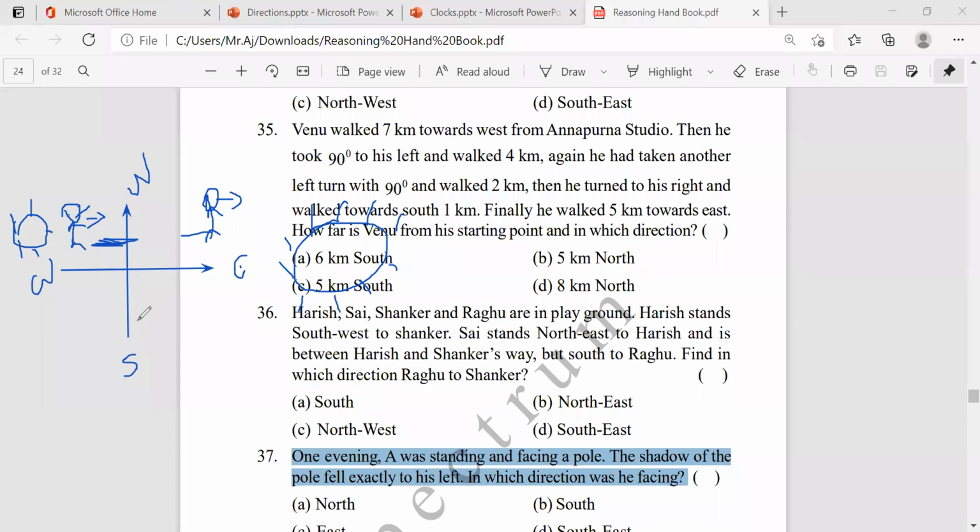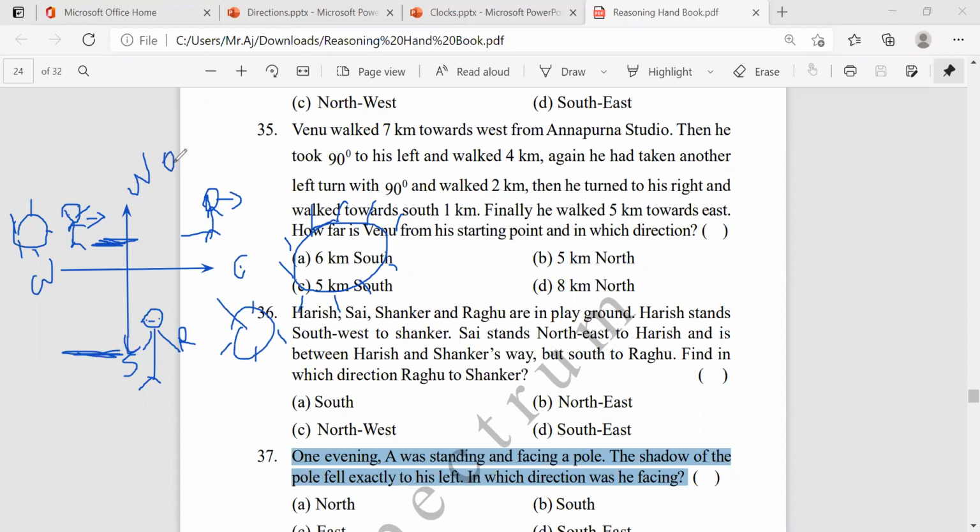Now just check another thing. In the morning time, a person standing here is facing south, which means his left is this and right is this. In the morning time, the sun will be here and the shadow will fall here. So in the morning, if a person faces south, the shadow will be on his left. There are only 2 points you need to remember.